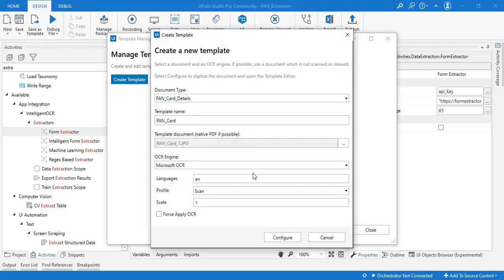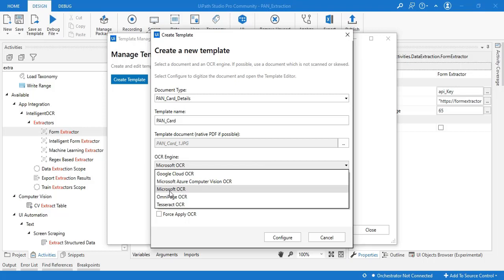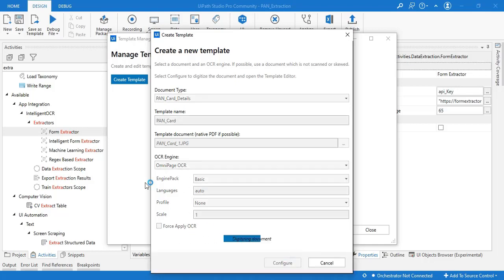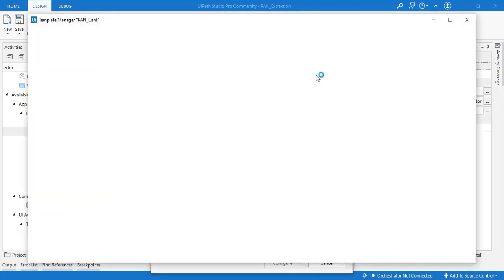This is the one we are using, and the OCR engine we are going to use is OmniPage OCR. No need to do any setting changes here in this section. Just leave it like that and say configure. It will take some time to bring up the document.